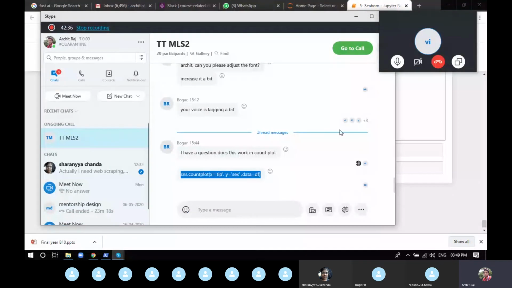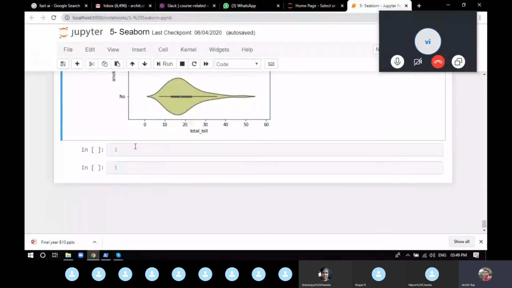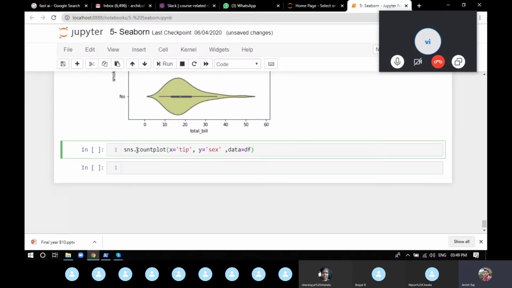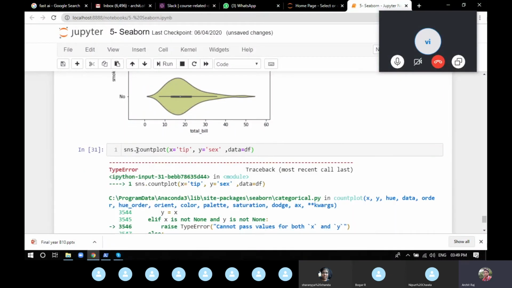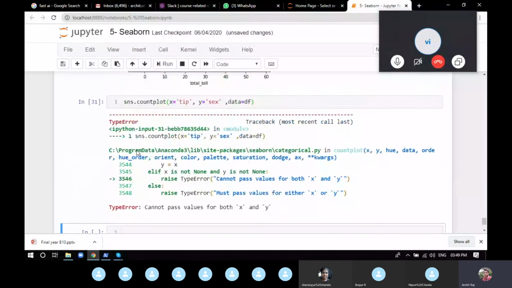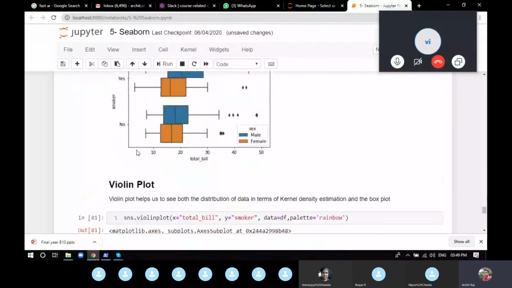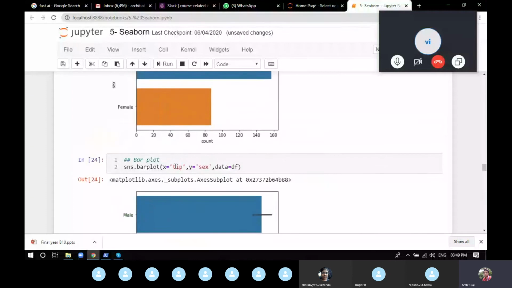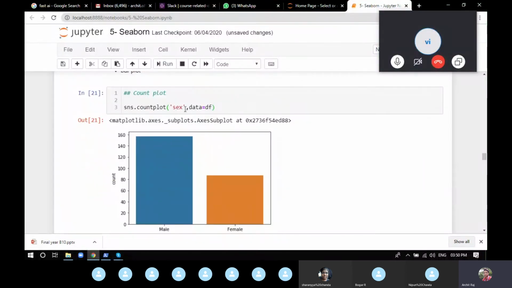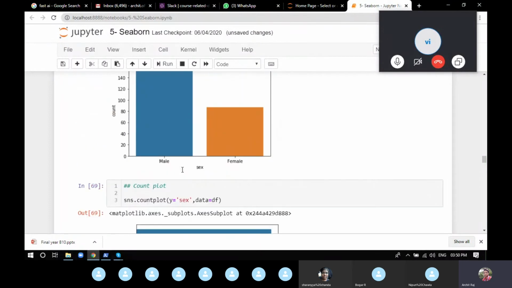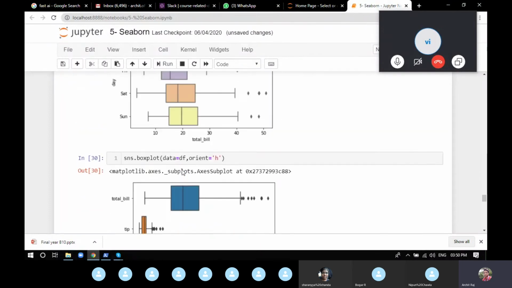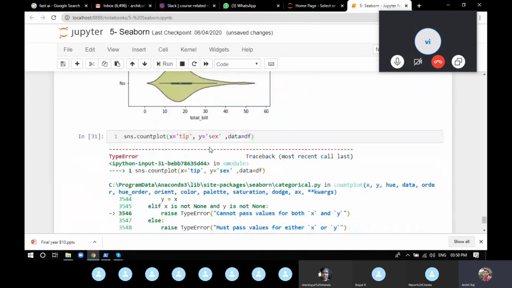just execute. So you can see it's not possible, because as I've told you, count plot is only going to count the data for whatever categorical data you're providing. So it's either going to be the x-axis or the y-axis, because the other axis is going to be the count of that particular axis, as we have shown you, countplot of x, or if you write countplot of y. So the other axis will only be the number of counts. If you want to know exactly the values for tip, you have to use box plot, not count plot.